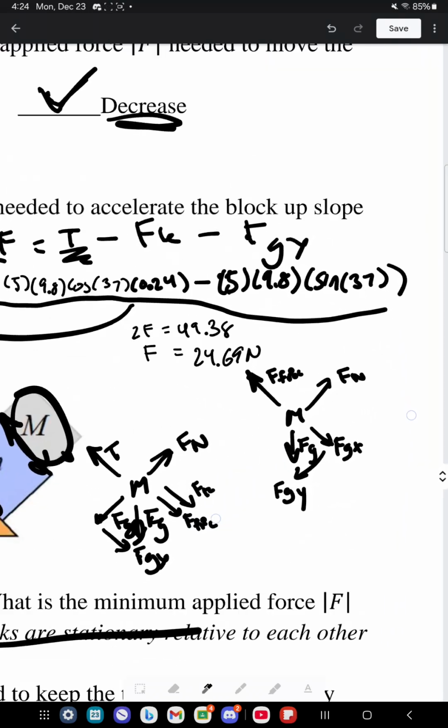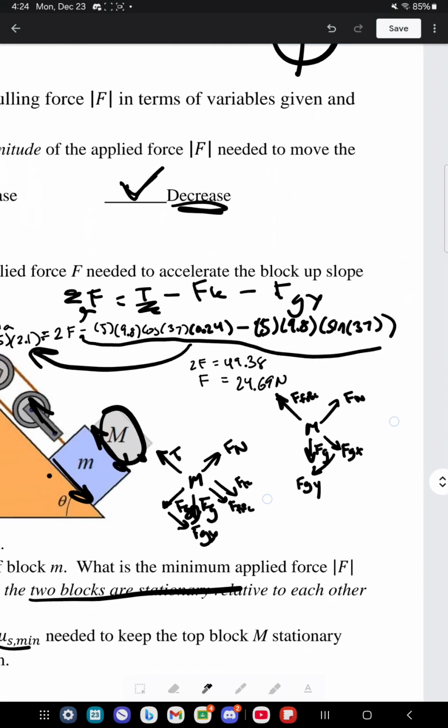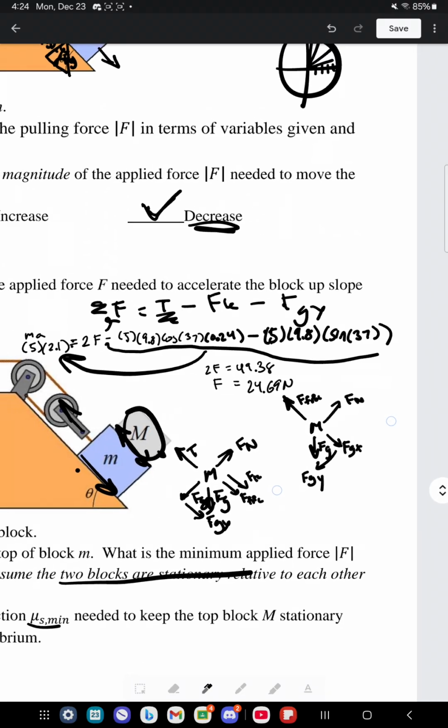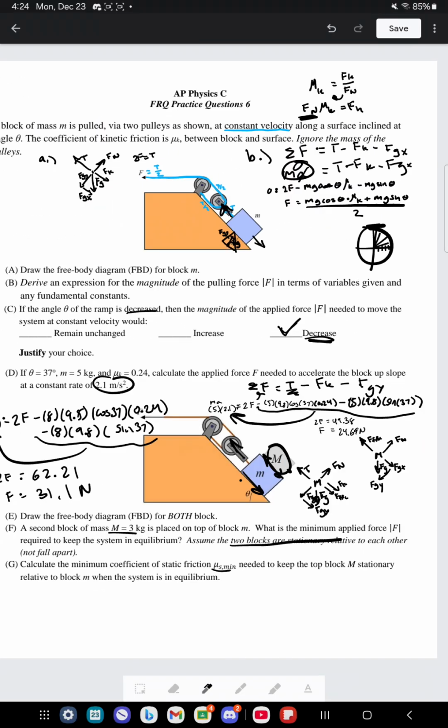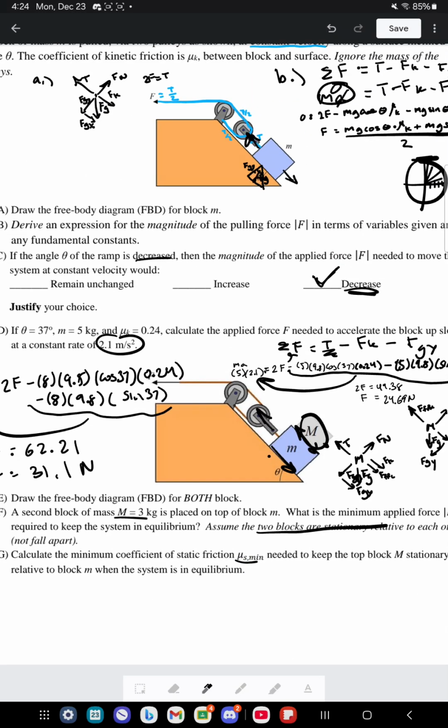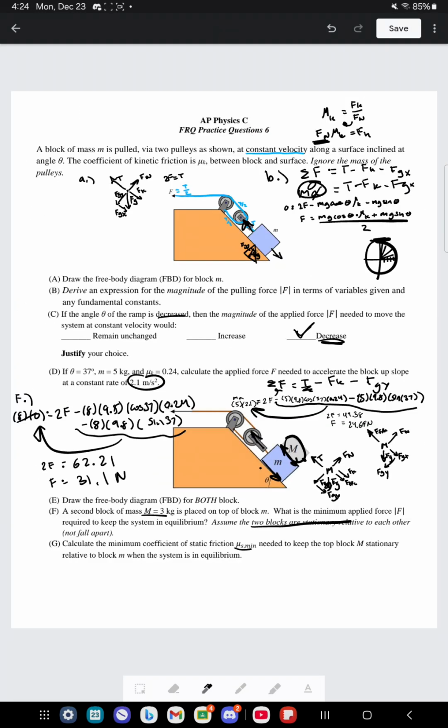And let's see, we can say that the net force of capital block M is equal to the F of static friction. I'm going to say static friction instead of F fric because we want to find a static friction, minus Fgx,